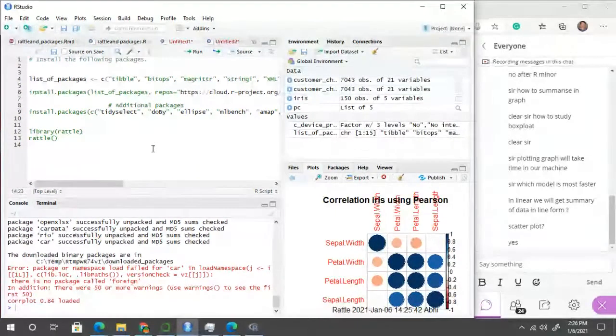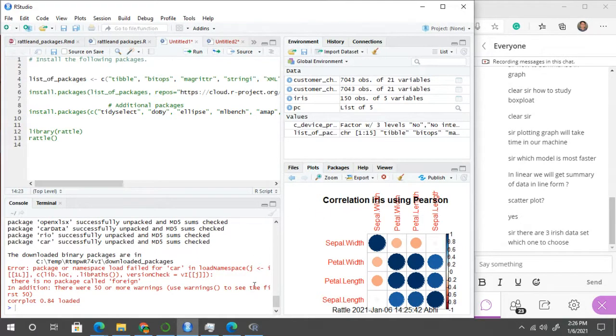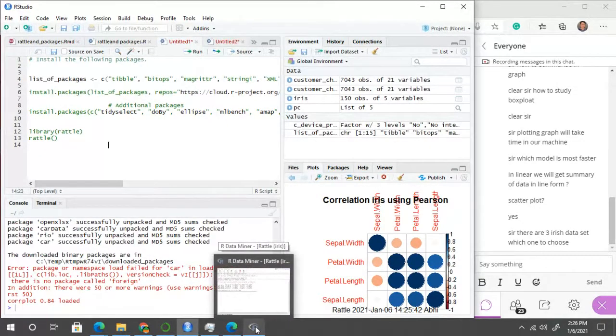We have completed these experiments. We have completed experiment number 8 and experiment number 9. Experiment number 8 is the classification of this iris dataset, where we have to classify the classes of the species. And in experiment number 9, we predicted whether tomorrow there will be rain or no rain.